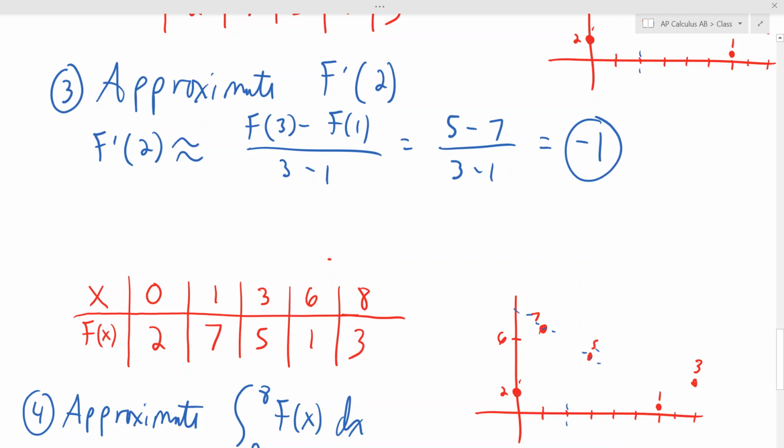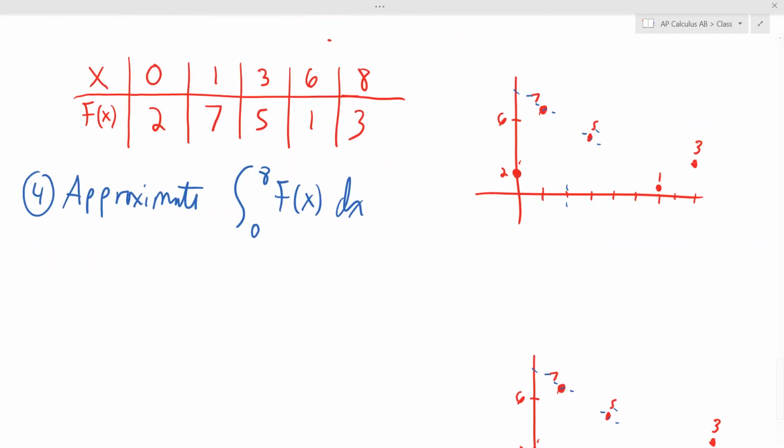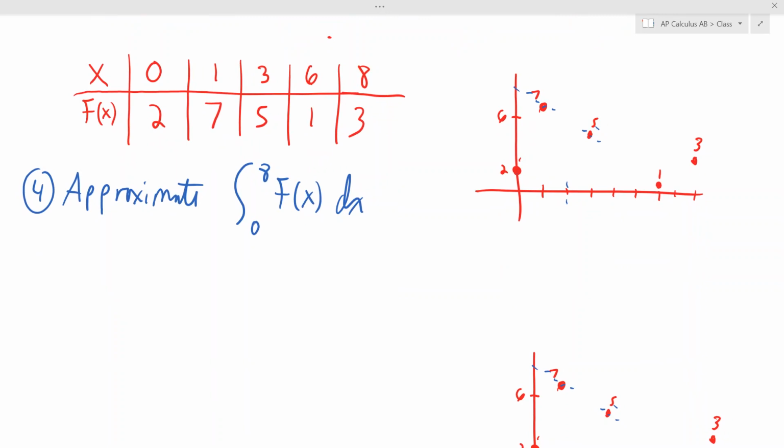Okay, great. All right, so if they ask you to approximate an integral, however, we're going to have 4 ways that we can do this, and it's not up to you to decide. They're going to tell you which way to do it. So we're going to do this 4 different ways for you. Okay, so approximate this integral with, and they'll say something like